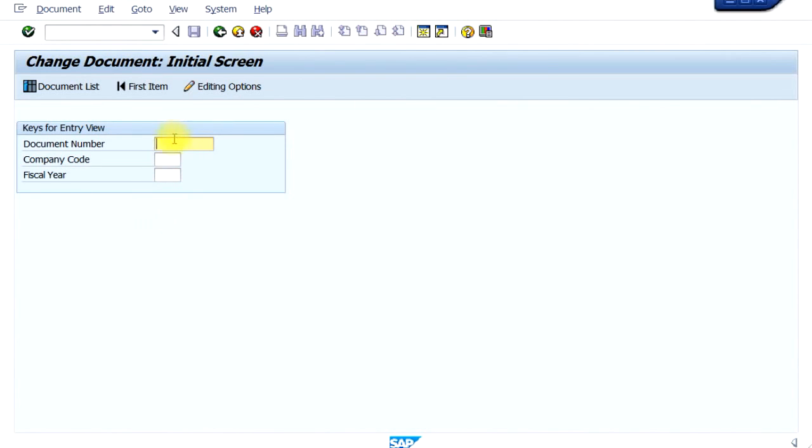Now if you already know the document number, you can key in the document number, the company code and fiscal year, and you can process this transaction. Remember, in our earlier presentations we discussed that each document is uniquely identified by the document number, company code and fiscal year. Now if you don't know the document number, then you should click on this icon, Document List,